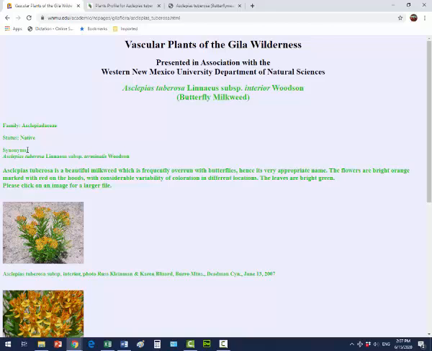So you'll see synonyms, and that can be helpful because you might see a plant and say, I can't find it in Gila flora, and you've been looking on the Lady Bird Johnson site, but there'll be a synonym on there, and you might be able to find the synonym in Gila flora, or vice versa. So when I put these links together with these plants, I oftentimes would use these different sites and the synonyms to find a plant, because sometimes it would be on Gila flora and not on LBJ.